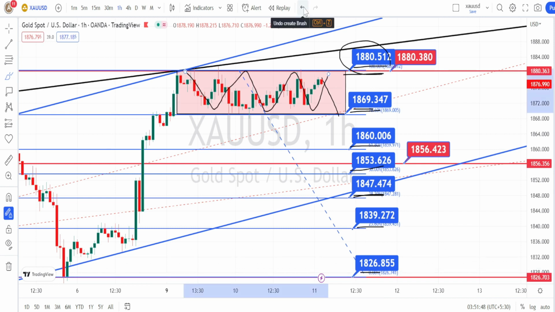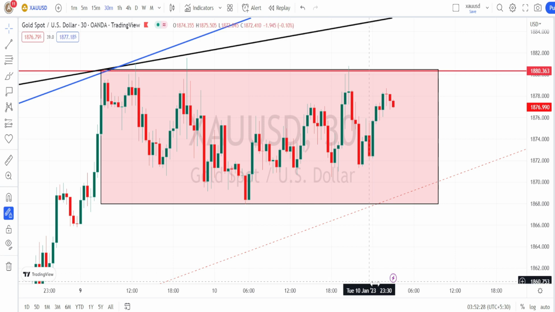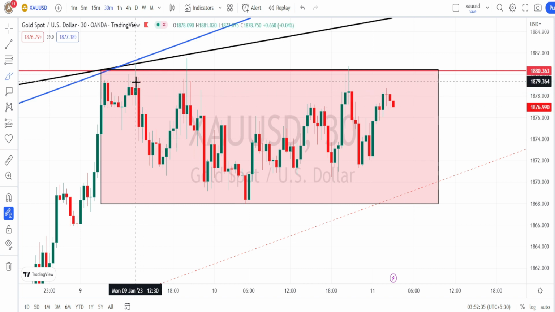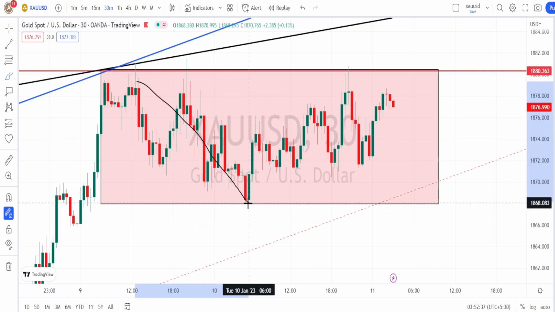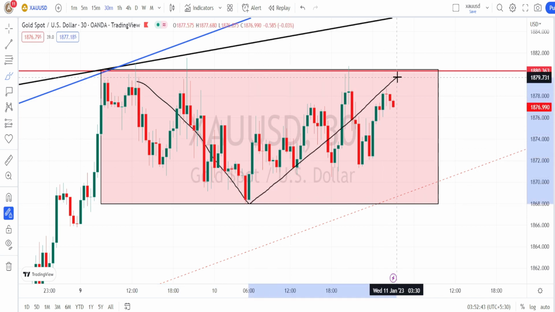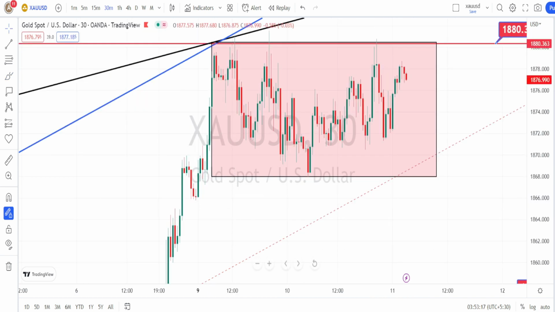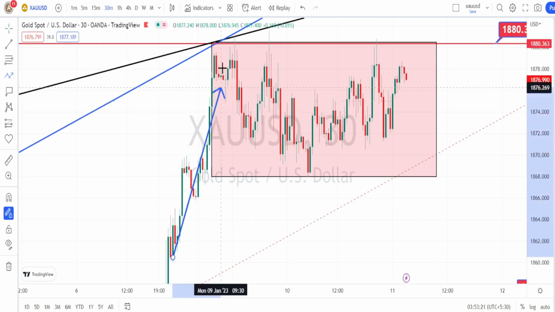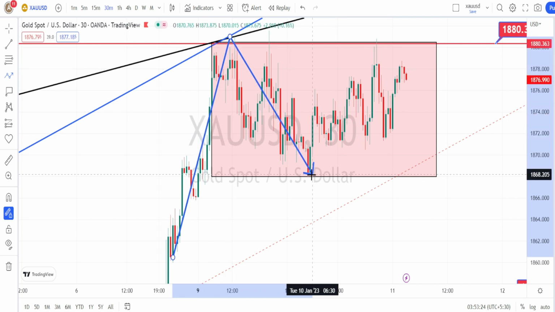Let us look at the price action in 30 minutes time frame. I am in 30 minutes time frame, and the price action in 30 minutes time frame is also under a consolidation for now. Previously it was on a bearish trend. After taking support around the support level of 1867, we have noticed it to bounce back on the bullish side retracement. And if you want to find the pattern formation, we can see a pattern similar to one double top